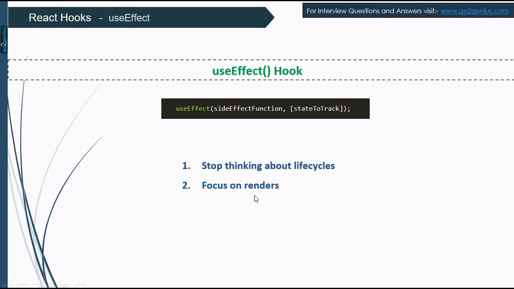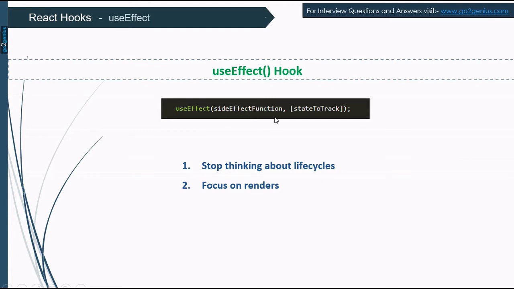As we know, the original render happens after the component mounts. After that, if we perform any action on the DOM, then additional re-renders happen. We just want those renders to sync up with our state and props. That's it, and nothing else. useEffect does this with only two arguments.